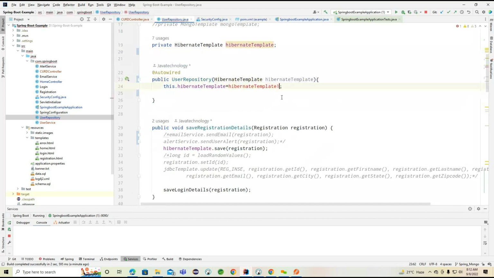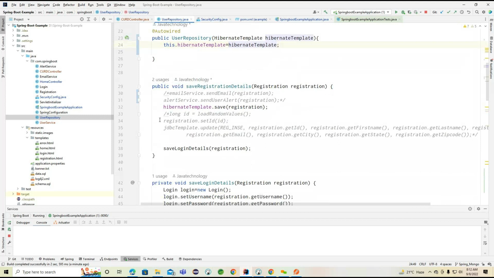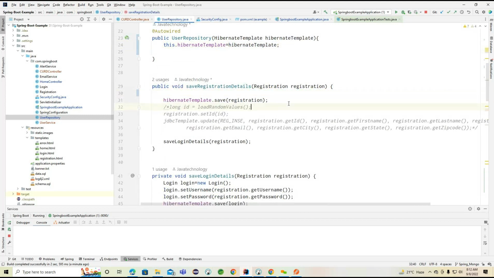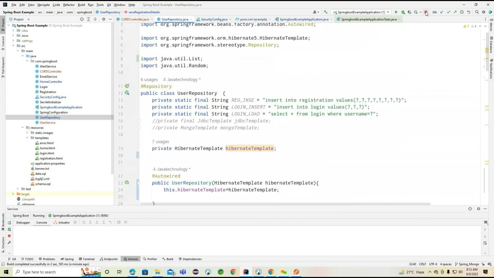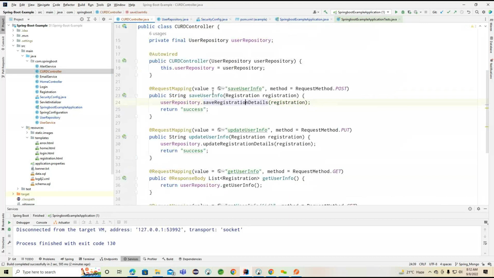So it is not required. Okay, so now I'm going to stop this, and wherever we are using this particular